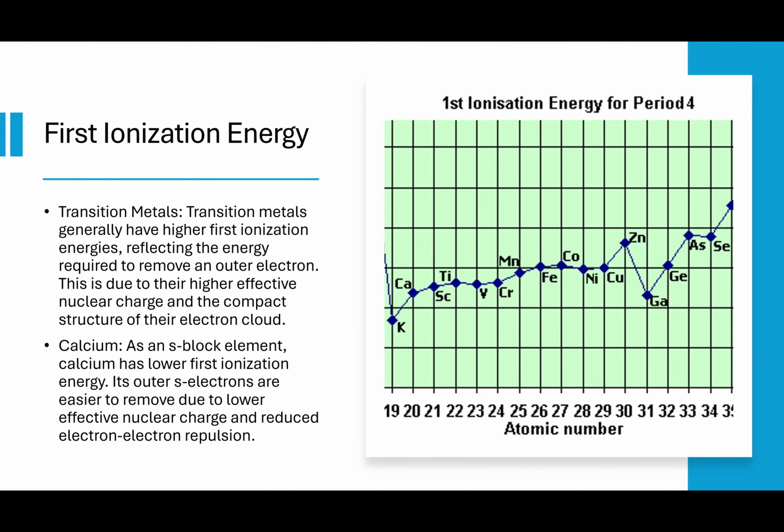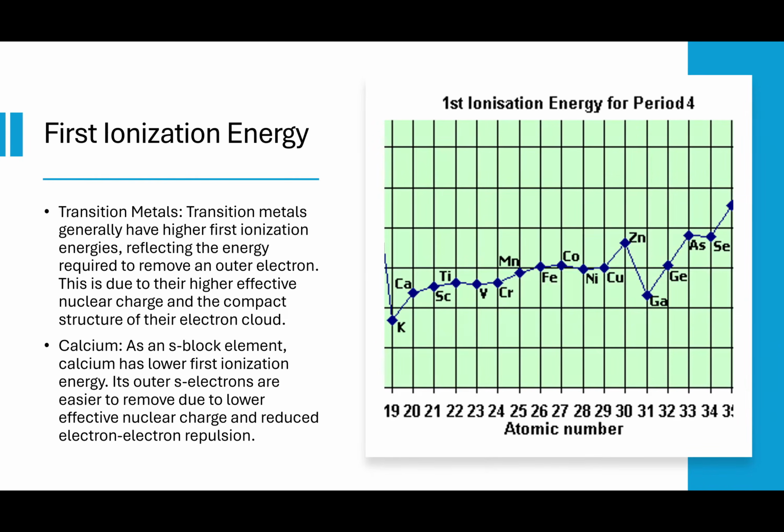Alright, that's interesting. Let's fix it up a little bit. So it's the amount of energy required, as we stated, to remove 1 mole of electrons from 1 mole of gaseous atoms. That's what ionization energy is. So just remember the 1 mole of gaseous atoms at the end. Because if you remove 1 mole of electrons from one atom, I'm wondering where that atom gets so many electrons. But if you get what I'm saying, that's generally it. So the transition metals generally have a higher first ionization energy, reflecting the energy required to remove